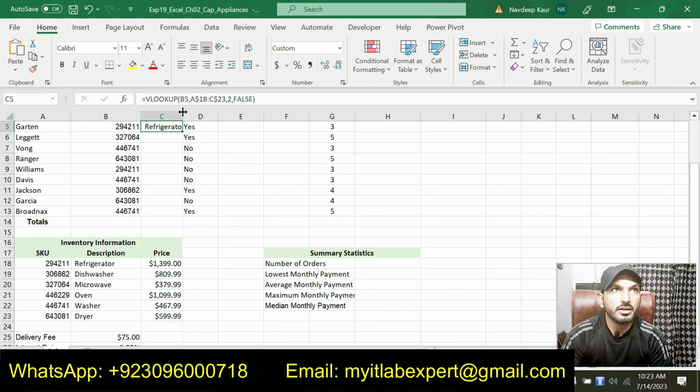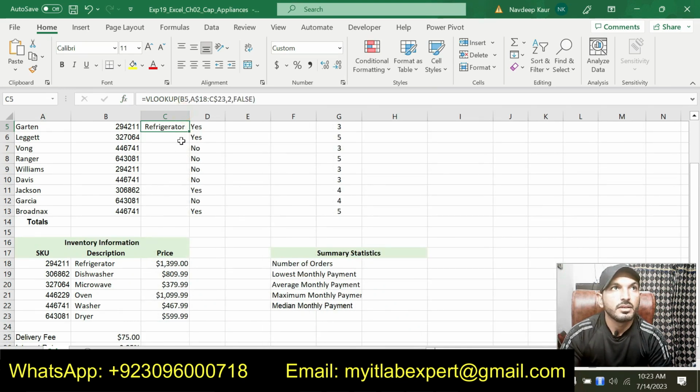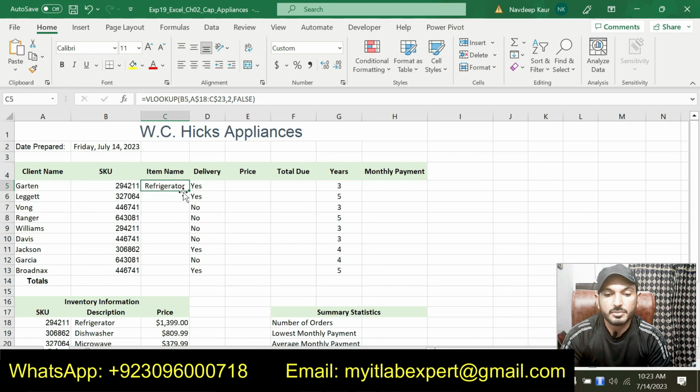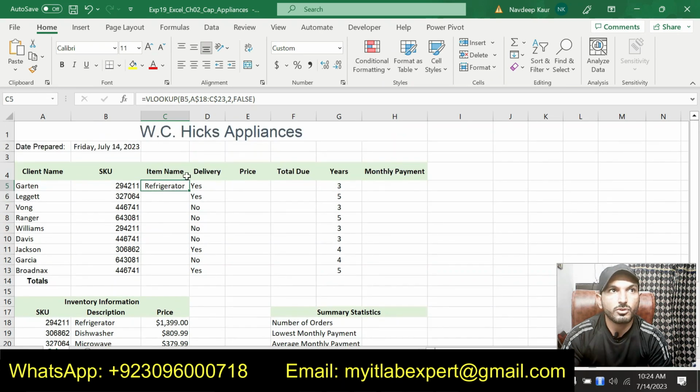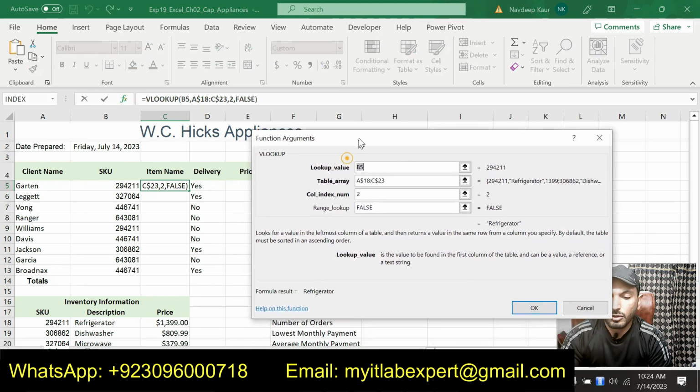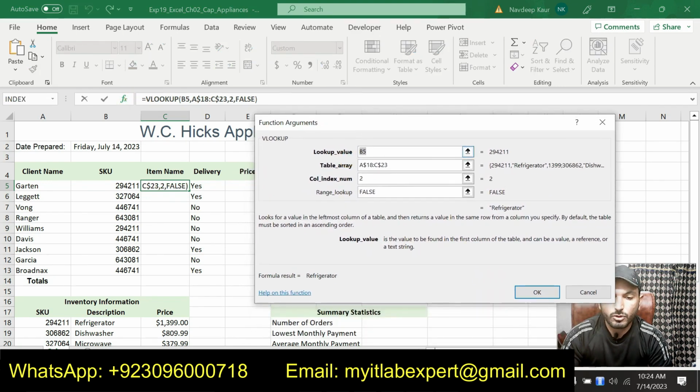So we got the inventory name, item name for this SKU, and you can see that 294211, and the item name is refrigerator. This one we got the item name, and for this we used a lookup function, and our lookup value is B5.